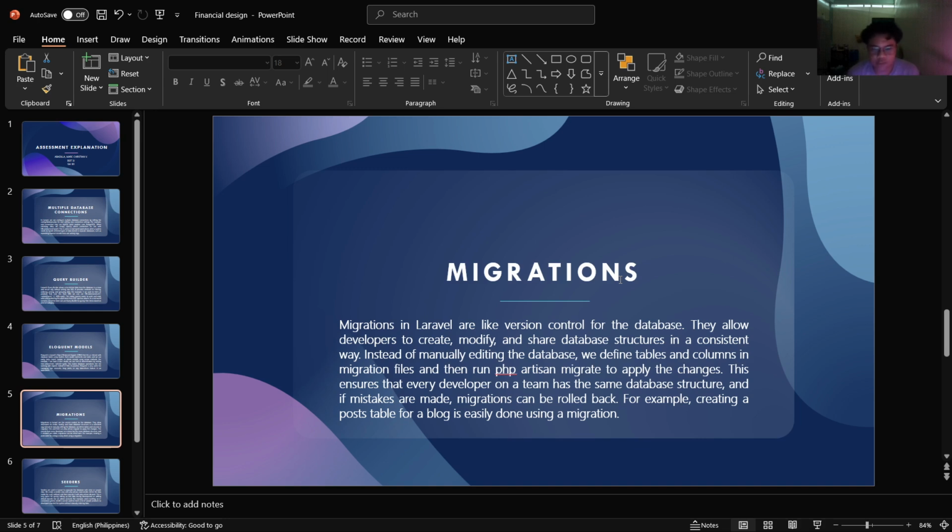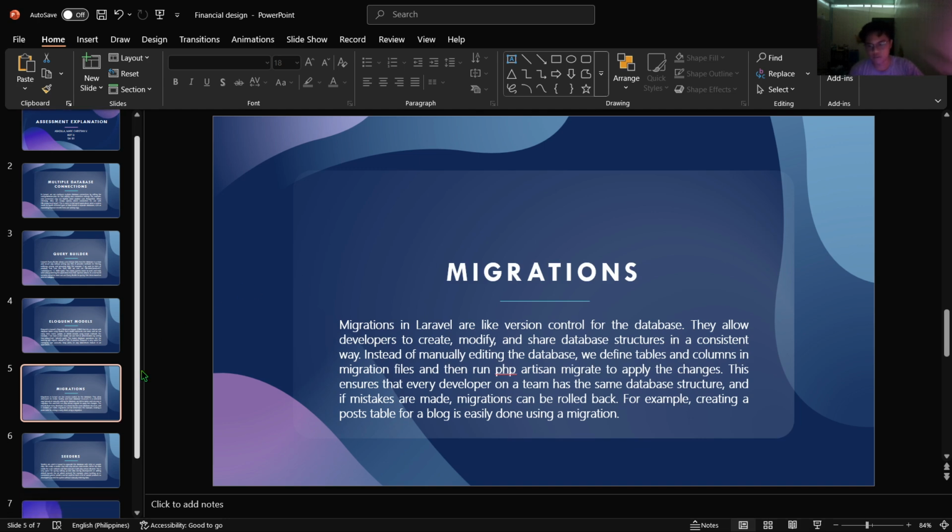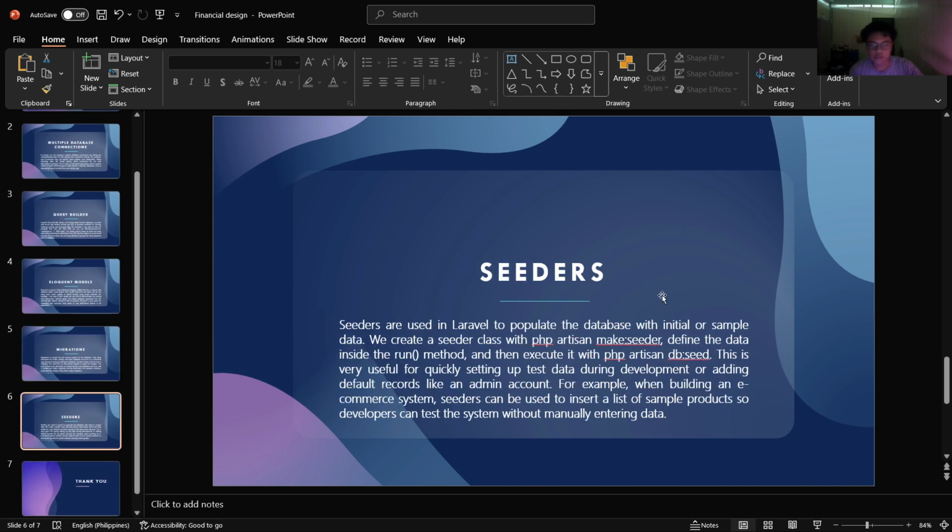This ensures that every developer on a team has the same database structure. And if mistakes are made, migrations can be rolled back. For example, creating a posts table for a blog is easily done using migration. So number six,